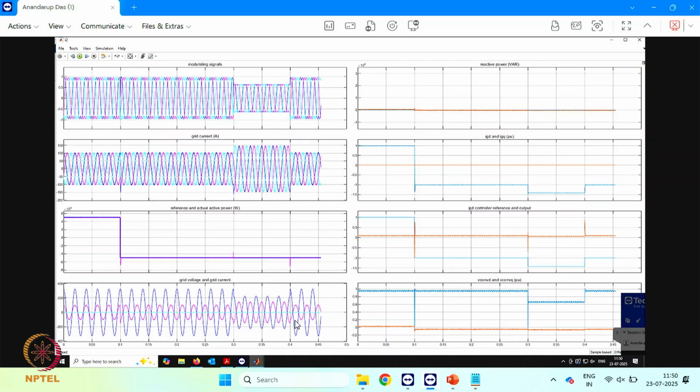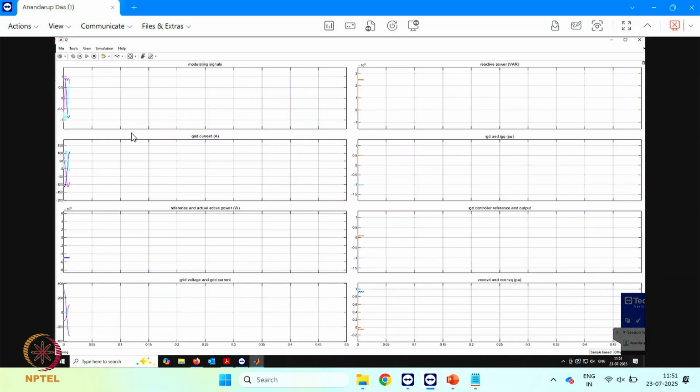So this is t equal to 0.9. Okay, so here the sag is removed, and so here you can see the current has come back again to its normal value, right? And here also IGD comes back to the normal value. Okay, so again let me continue with the simulation, and after some time, I think, yes, now here I think at t equal to 1, okay, we have a